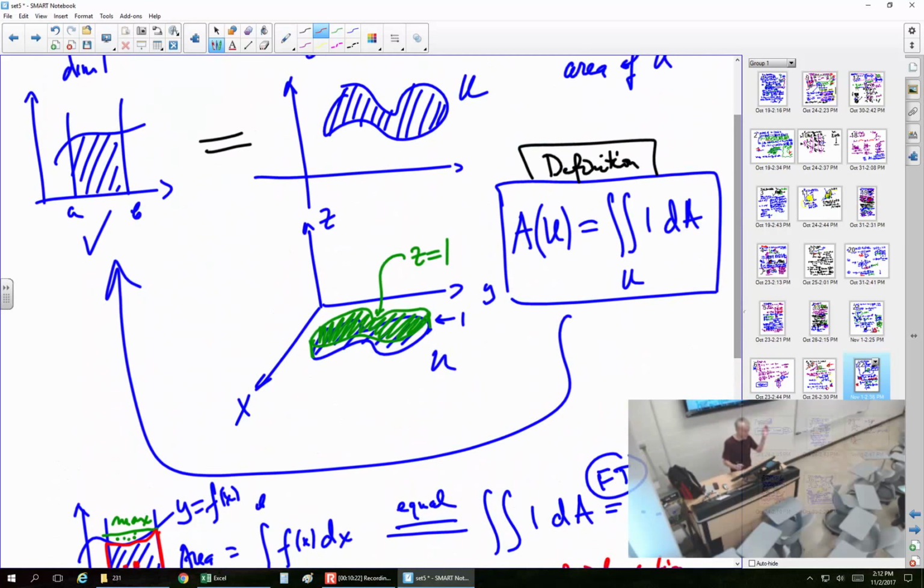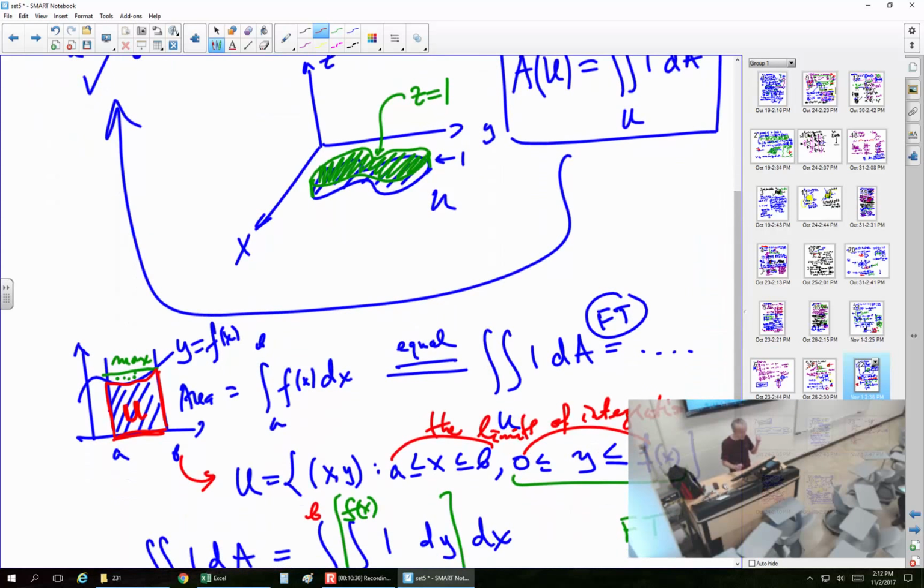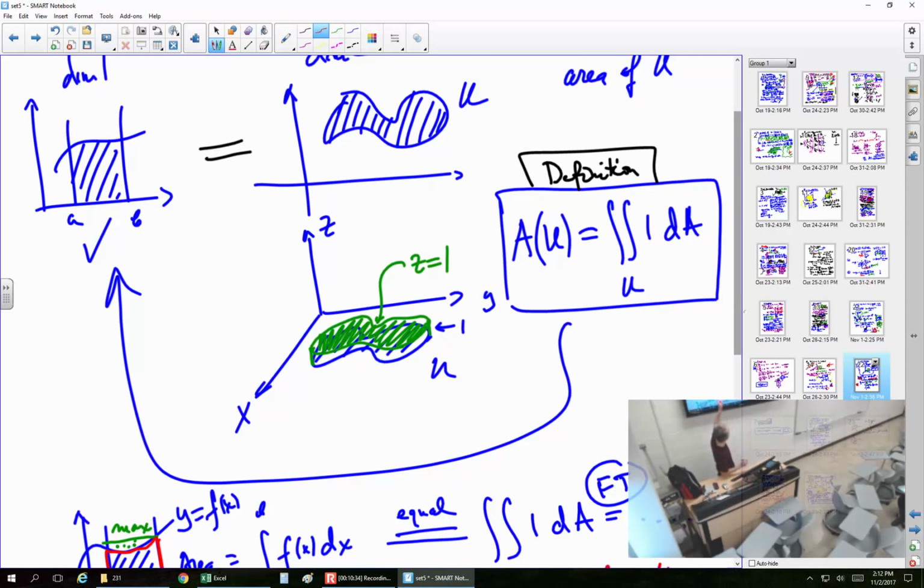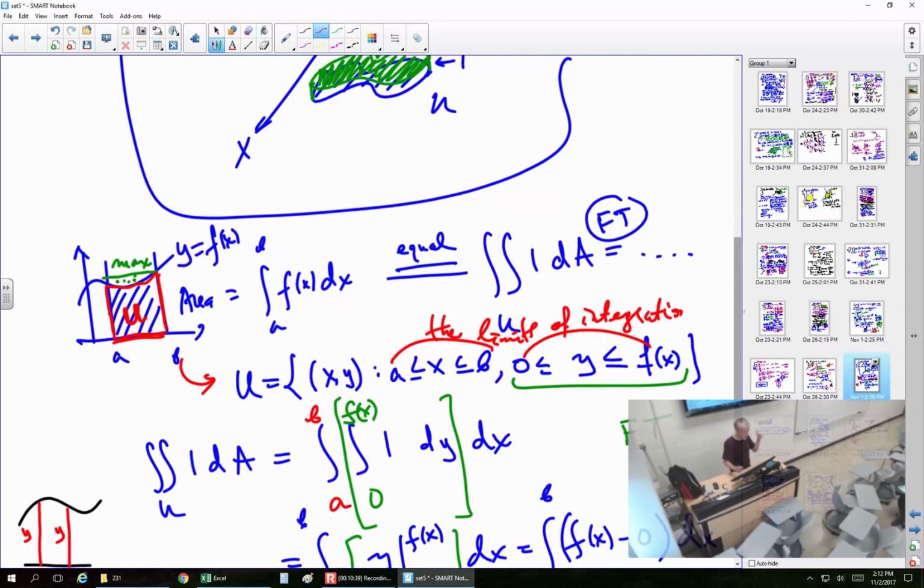Is it the picture on the left, or the picture on the right? We may be talking about the same thing, but now we're not doing single integrals anymore, but double integrals, and the region, like this, is not what we're looking for. We're not looking for its area typically, but rather we are thinking of this region as the region of integration. So it has to be set up properly in this fashion over here